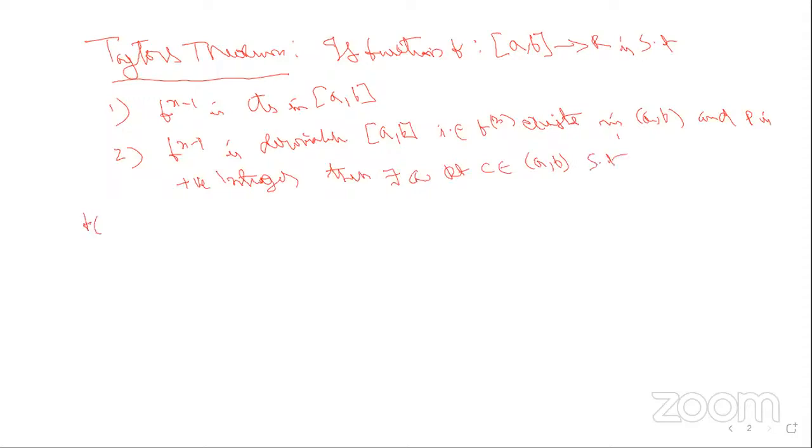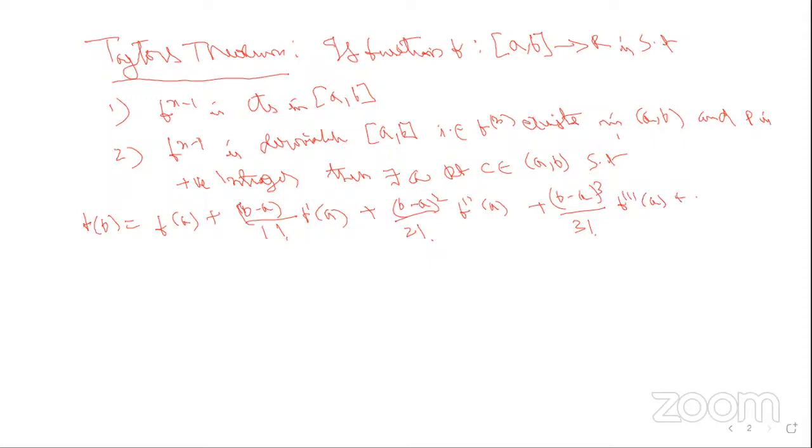f of b equals f of a plus (b minus a) divided by 1 factorial into f dash a, plus (b minus a) whole square divided by 2 factorial into f double dash a, plus (b minus a) whole cube divided by 3 factorial into f triple dash a, and so on,